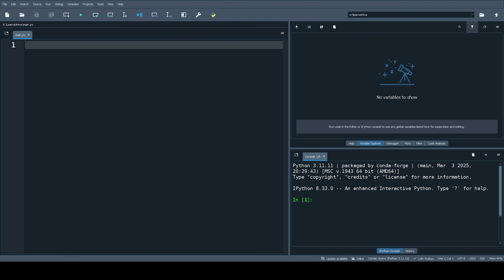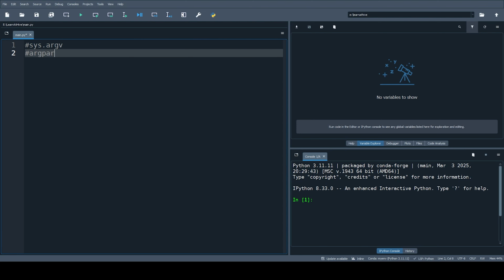But what if your program needs to accept input from the command line, like a file name or a number? Using Python, you can pass parameters to the main function and handle command line arguments using sys.argv, written like this, sys.argv, or the argparse module. So you can use one of these, and let's explore both approaches and see how they